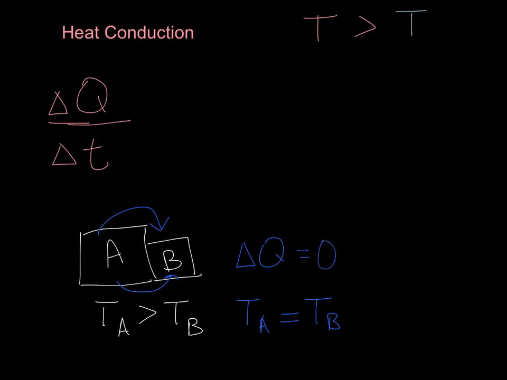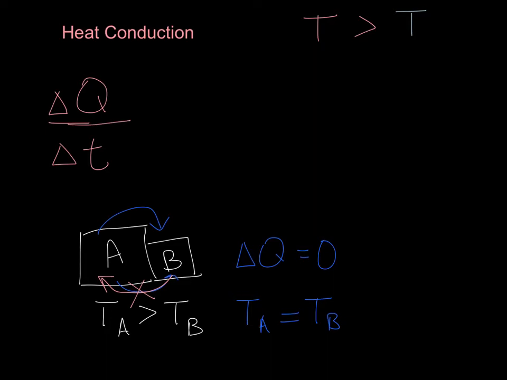Now you have to be careful. It's not saying that there's zero heat, there's just zero transfer of heat, because the net amount of heat leaving A or B is the same amount being gained by A or B. So we have a change in heat that is consistent. Heat will not spontaneously flow from the lower temperature to the higher temperature. The pink arrow won't happen spontaneously. And in class coming up soon, we're going to discuss that in more detail, the second law of thermodynamics and entropy.